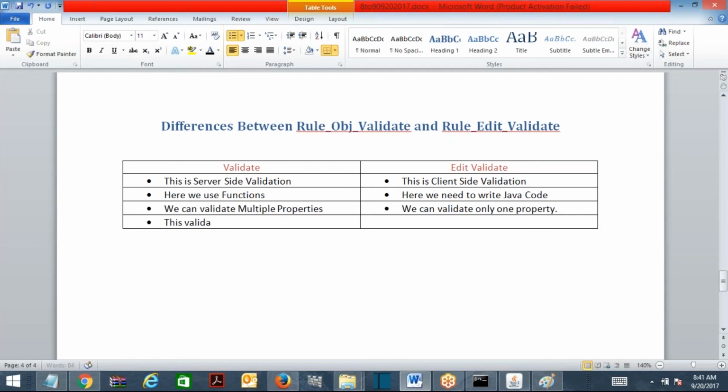This validation is specific to flow action, on which we call the validate rule. Here, this is property level validation.